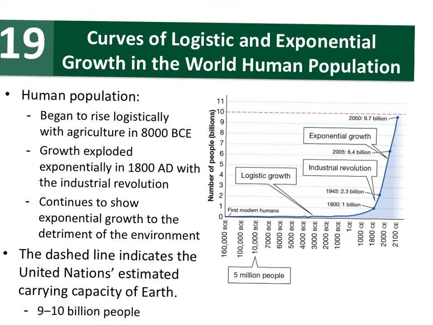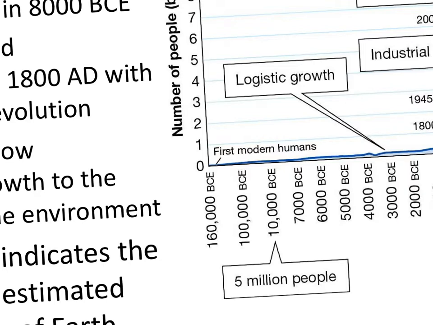So here we go. Human population. It looks like anatomically modern humans showed up about 300,000 years ago, but we'll say 160,000 years ago, plus or minus 2,000. So, in the beginning, the population was small.